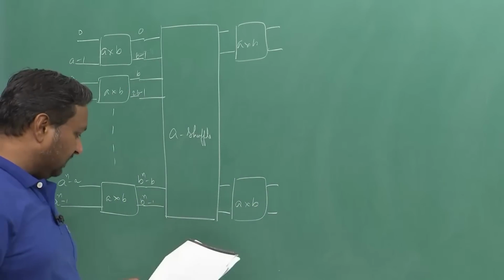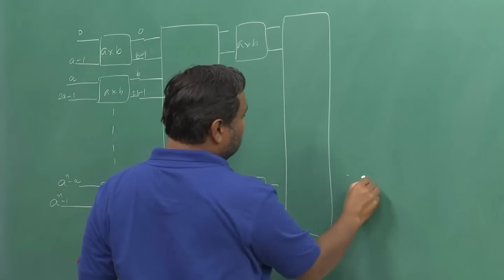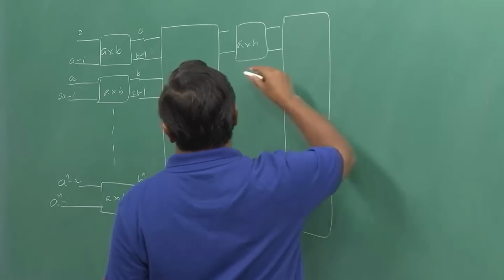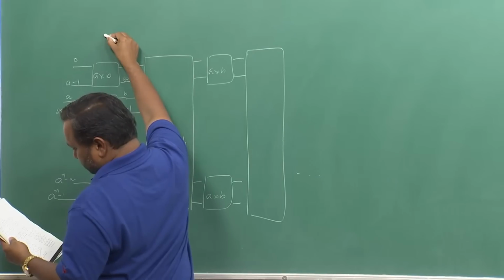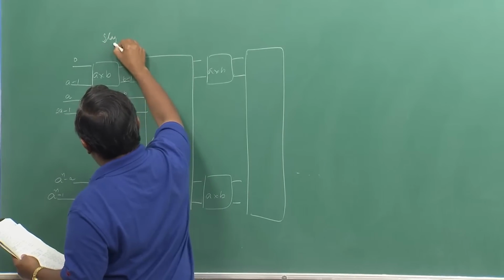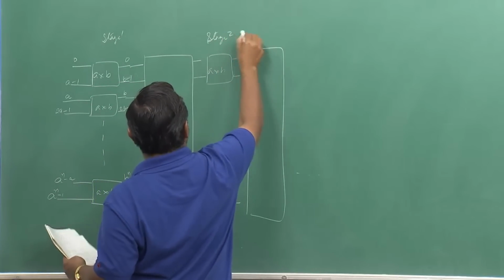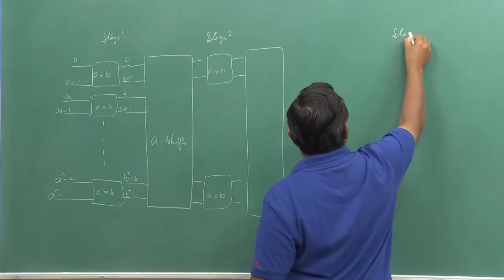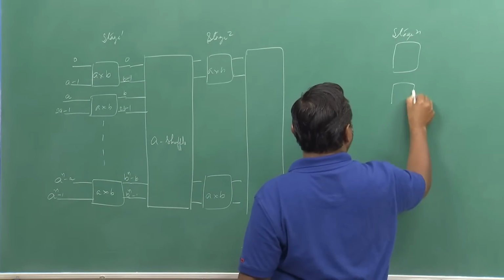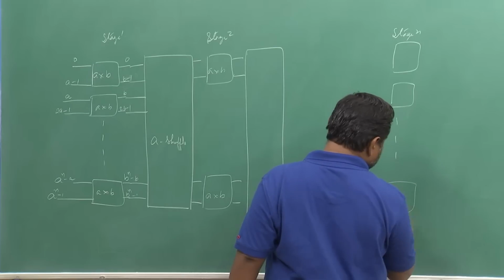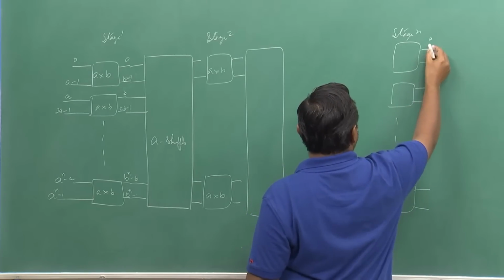Okay, and then we will have again a shuffle interconnection network and so on till we go to this, the first stage 1, stage 2, ultimately there will be stage n, and they will be going from